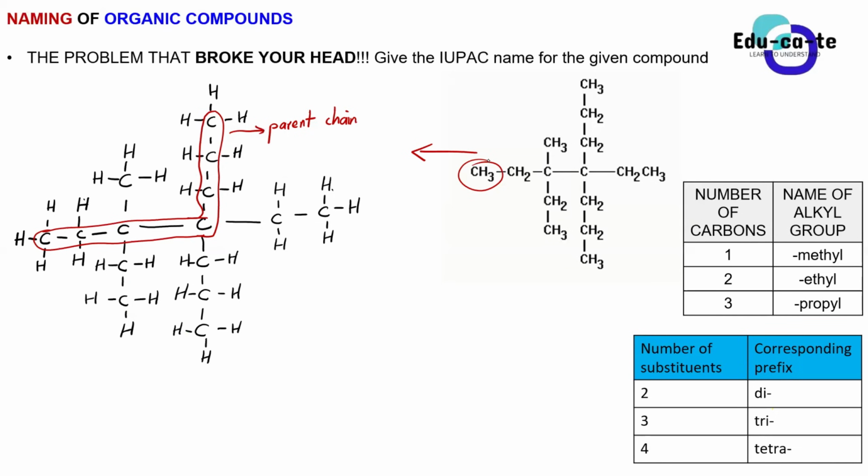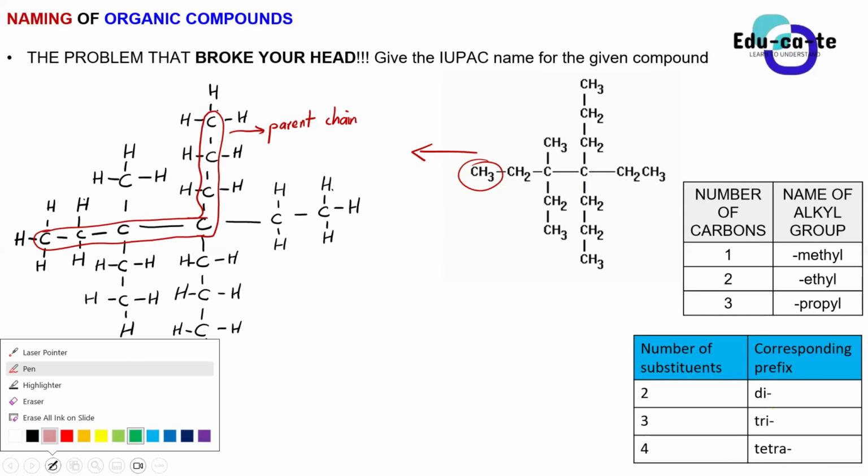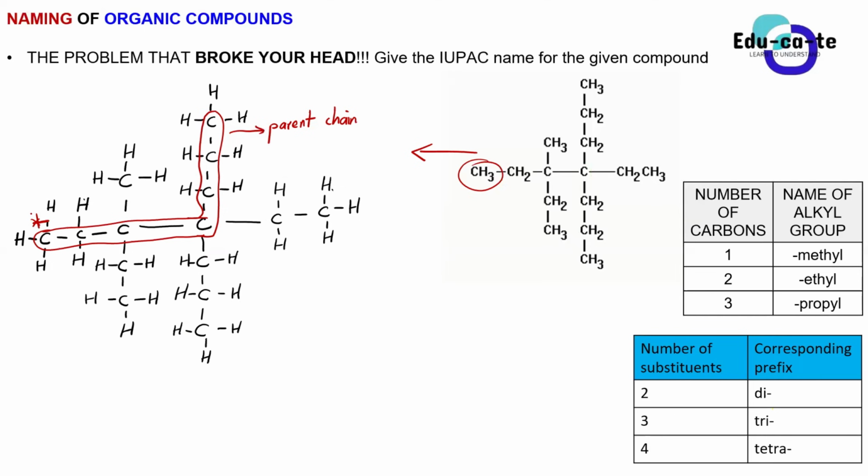So here from this one, guys, let's now look at the positioning of the carbons. Am I going to count from here until the topmost carbon there? Or am I going to count from this topmost carbon until this one? From the bottom carbon to the top, so that our substituents would have the lowest numbers possible.